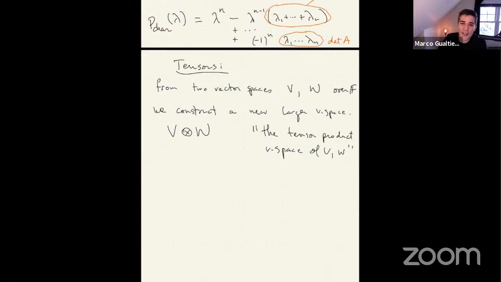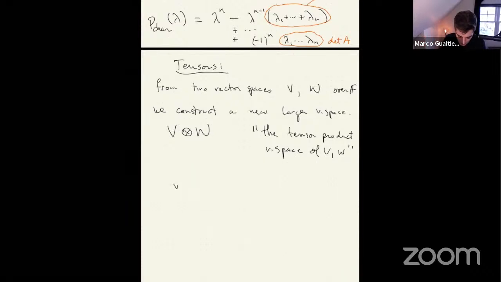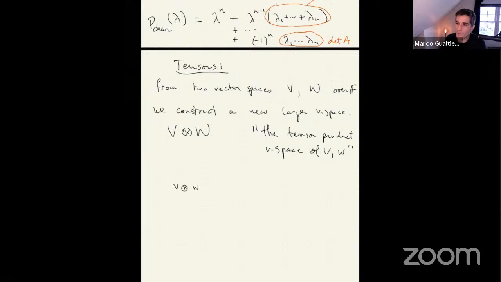So the idea is that this dream is just implemented in a formal way. So you say, I want to create a product where I can combine a vector in V and a vector in W to make a composite object. And I say, well, okay, just do it. Just take an element in V and put a separator symbol between them, and then put an element in W. So that's it. I've successfully taken the product of V and W.